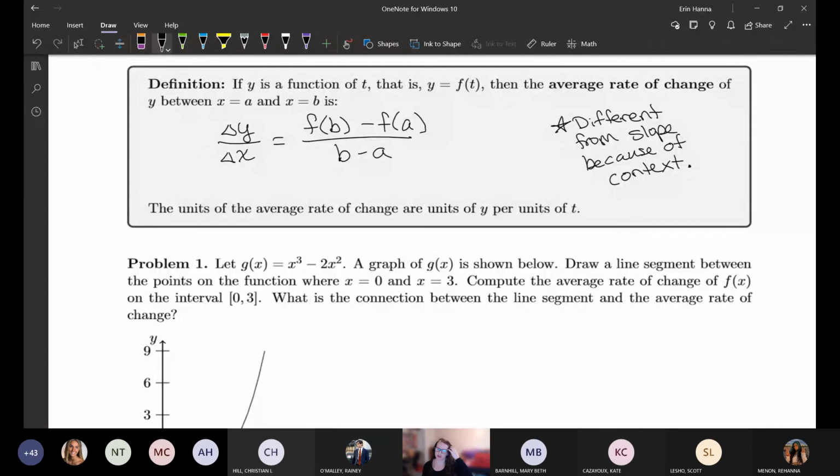So, I also at the end of this, the units of the average rate of change are the units of y per the units of t, or x, or whatever variable it is, which is essentially exactly the same as the slope because it is a slope. So change in y over change in x, or actually, so I should have been careful. Our equation here was in terms of t, so I should have had a change in t instead of